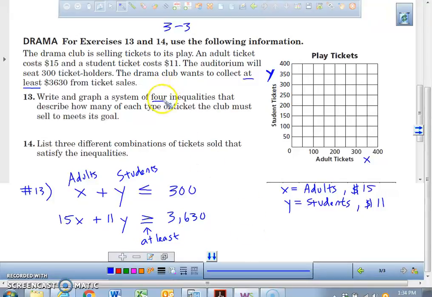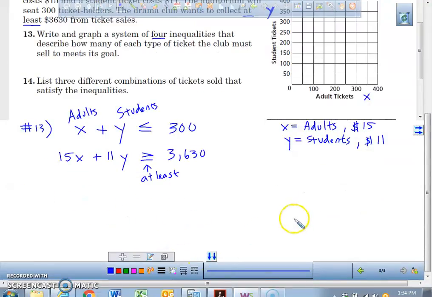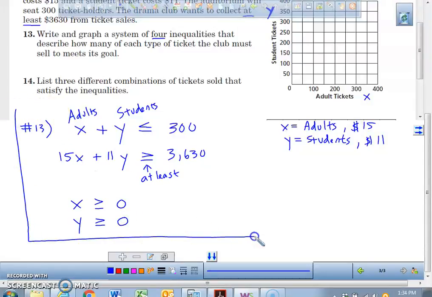Now, wait a second. It said we had to have 4. What other inequality? Wait a second. How many adults have to go, technically? Is there a certain amount they tell us that has to be there? So your adults could be greater than or equal to 0. You could have 0 adults that attend the auditorium. How many students have to be there? Greater than or equal to 0. There's your 4 inequalities. So the answer right there for the writing part of the inequalities, that's your answer for